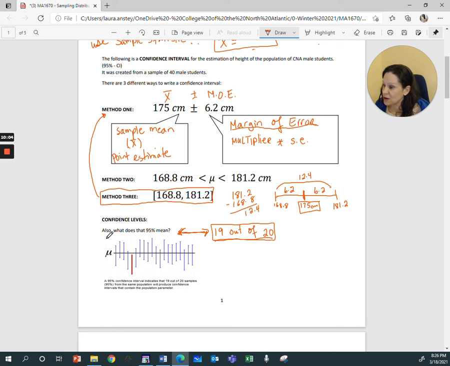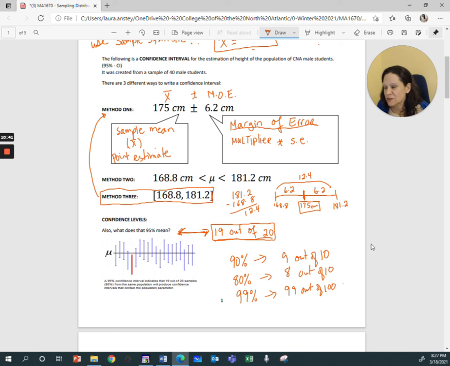Okay? We don't have to have 95%. We could also have a confidence level of 90%. And 90% would be 9 out of 10 samples will cover the population mean, will include the population mean. We could have 80%, 8 out of 10 of them. We could also have 99%, which is 99 out of 100,